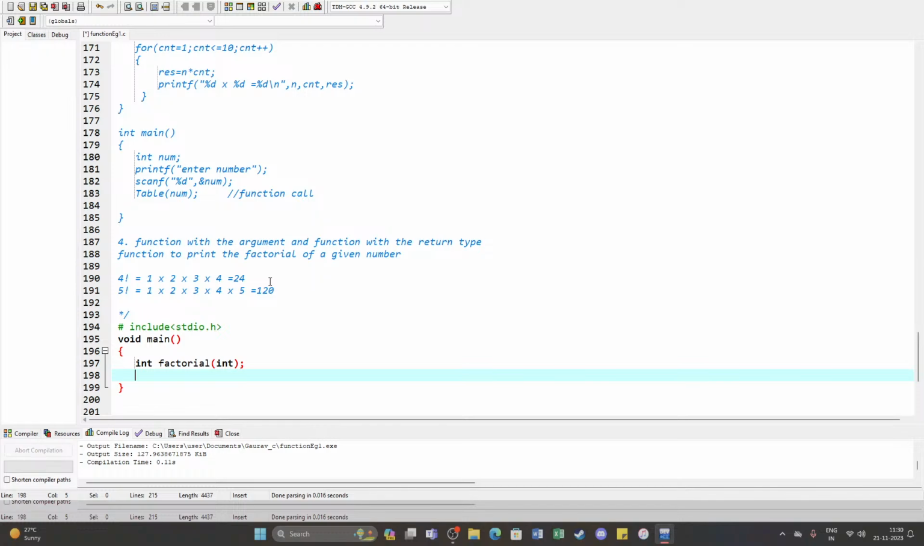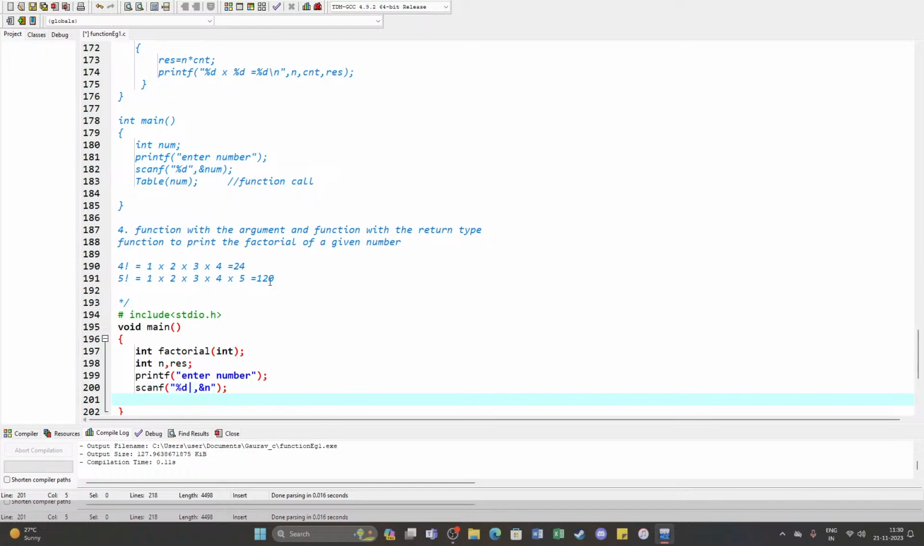Now in the main, what is my part here? To accept the number and to print the number. So I will be requiring the two variables. So int num to read a variable and the result to print the answer. Read the number from the user. Now we will be having a function called